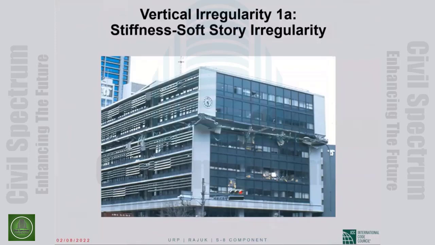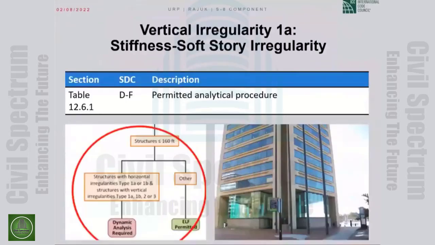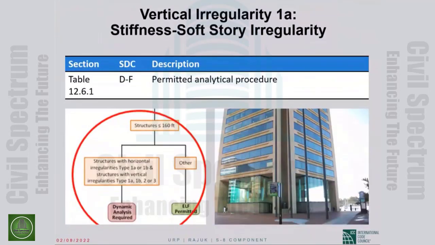You could tell yourself, I want to find a second story, sub story. You will find it. You go around the block, you will find a sub story at the third story level. You go around another block, you will find it at the fifth story level. They were all over, like so many. Anyway, so the sub story irregularity,